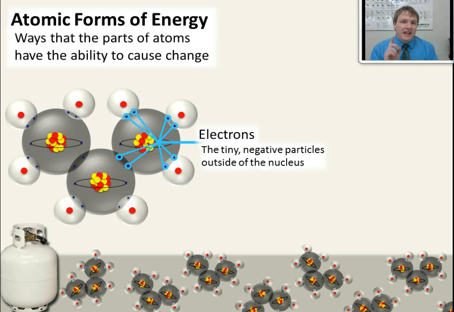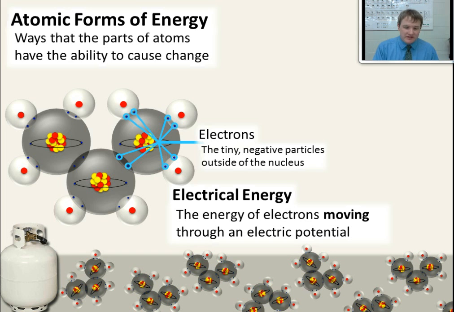When those electrons move from one place to another, they have the ability to cause change as electricity. And think of all the changes that you've seen electricity cause. Right now, you're able to hear and see me because electricity is being changed into sound and light in your computer. Now again, this propane molecule is not the best example of a type of molecule that's able to conduct electricity. So we actually have to look at a different substance in order for us to see electrical energy,